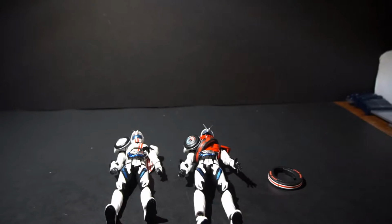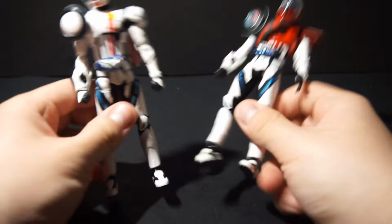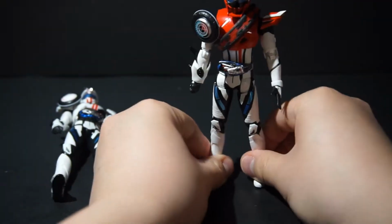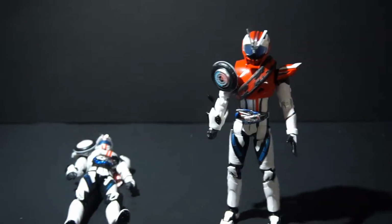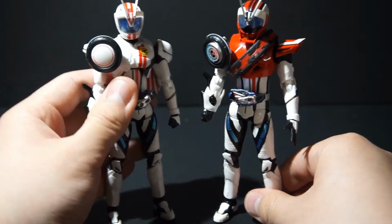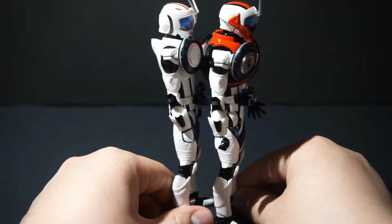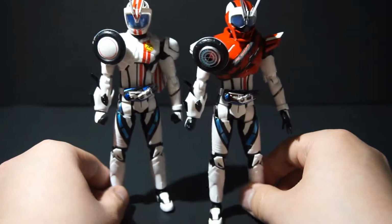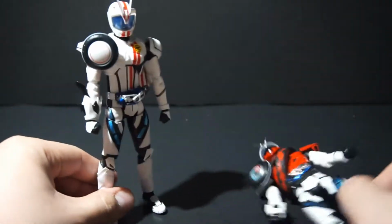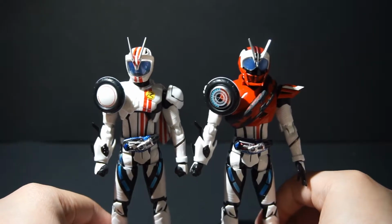Anyways, basically, I can actually put his foot up. First of all, my camera is going to be like, oh, the temperature is too high. But basically, is he actually shorter? I don't know, I guess he's shorter, but they're basically the same thing. It's just that, obviously,